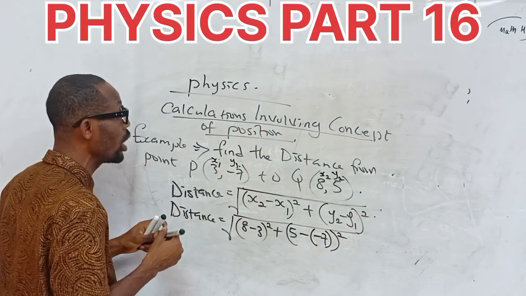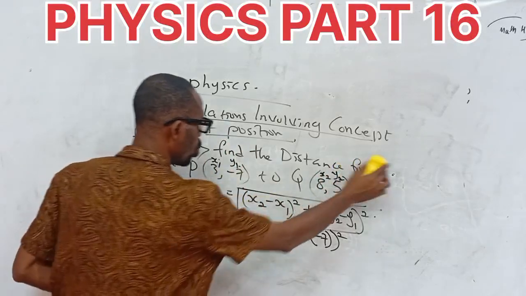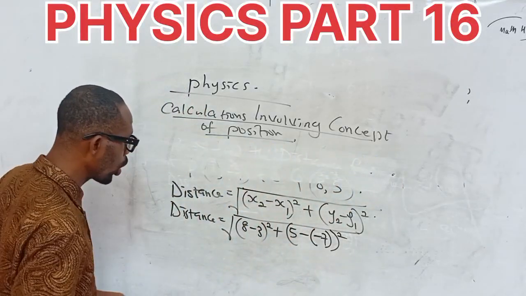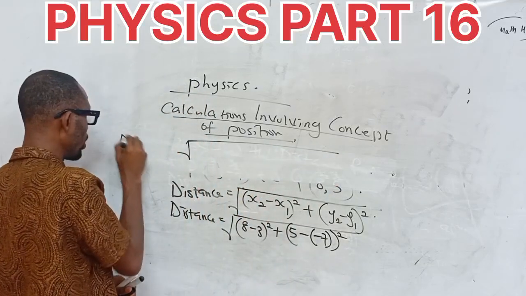Now, what does that mean? I'll clean up. I'm not sure if you can see. So let me just clean up and continue. So let's go. So what do we do now? Draw the square root. Here is the distance,